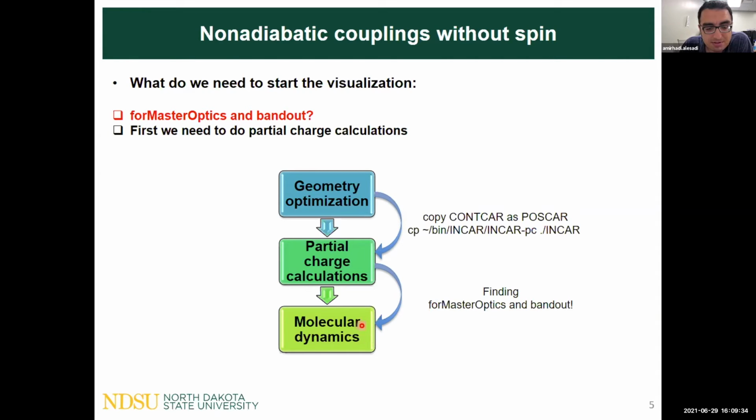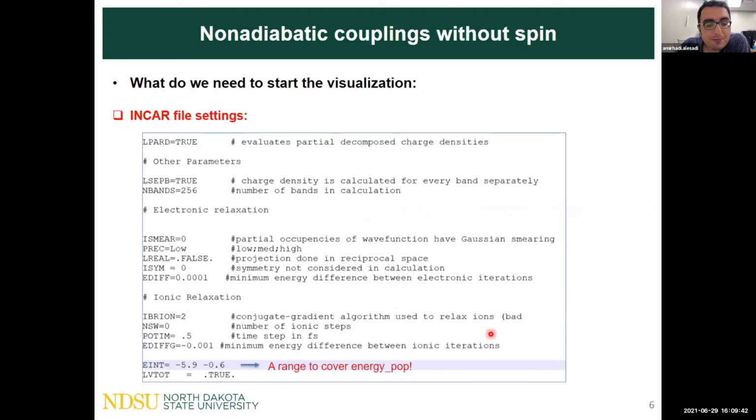This is a typo, we do not need any molecular dynamics, so this should be partial charge calculation. Forget this one. To do the partial charge calculation, we need the INCAR file available in the bin directory. We just need to specify the range of the orbitals